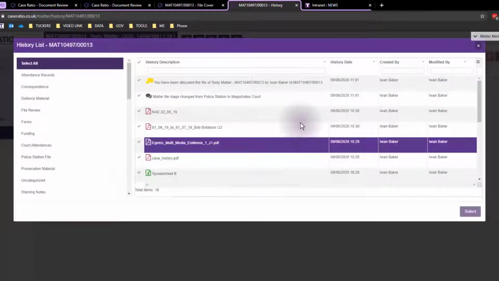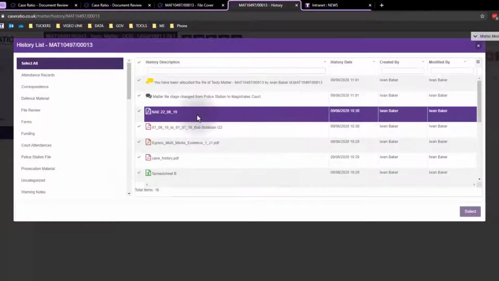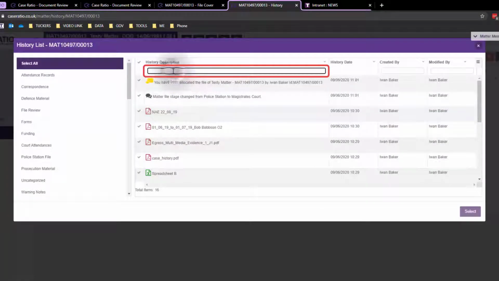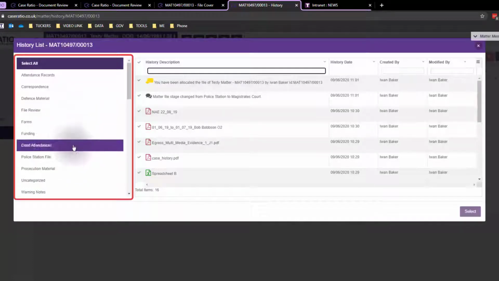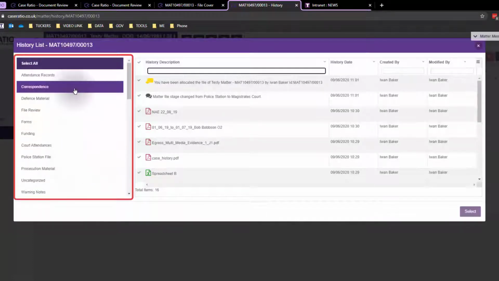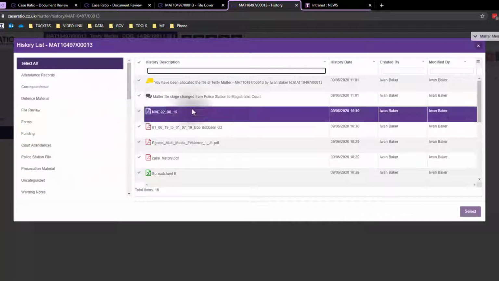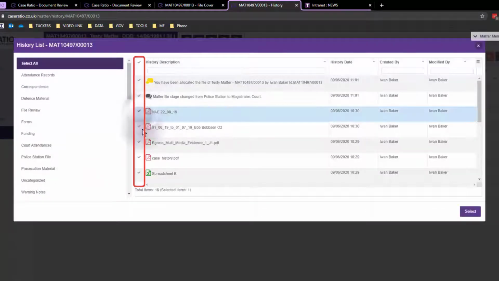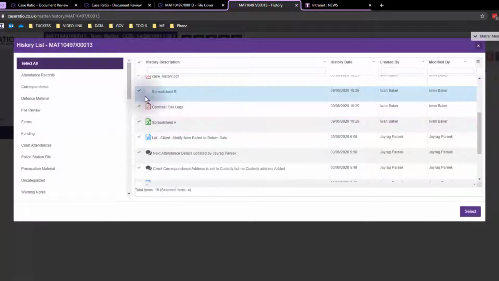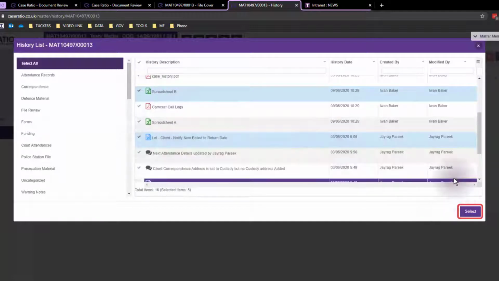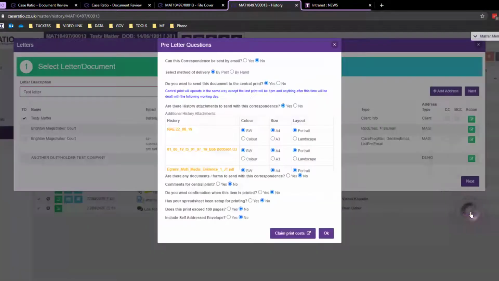To take you through, if I want to attach items from history, all I need to do is click yes, where I can simply scroll through history or search or use categories if I've sorted my material beforehand, which might be relevant to using CCDCS. All I need to do is tick, and in this case I'm going to include a spreadsheet, and then once I press select, it's going to list all of the items I've just selected in a table